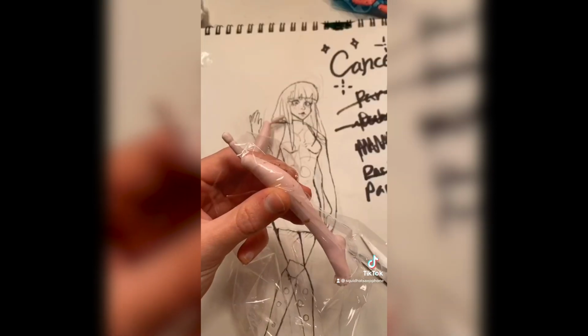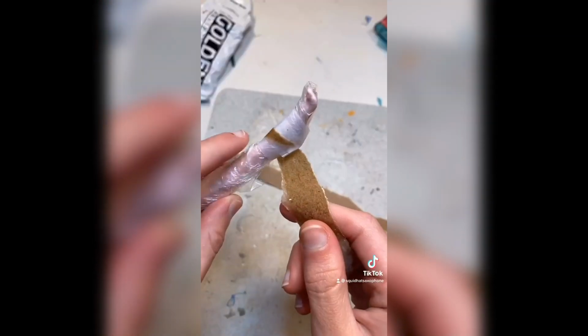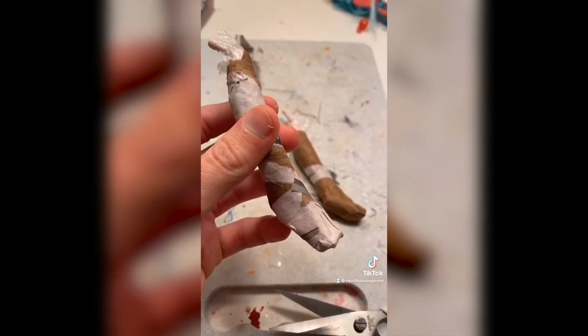Take plastic wrap and wrap it as tightly as you can around the leg. Secure it with tape if you have to. Get a water glue mixture, get some paper, dip it in, and wrap it around the leg. Once you're done, let it dry. Onto the hair, I paint a thin layer of glue and spiral the wefts around the head. And let it dry. The shoes need a second layer, but...